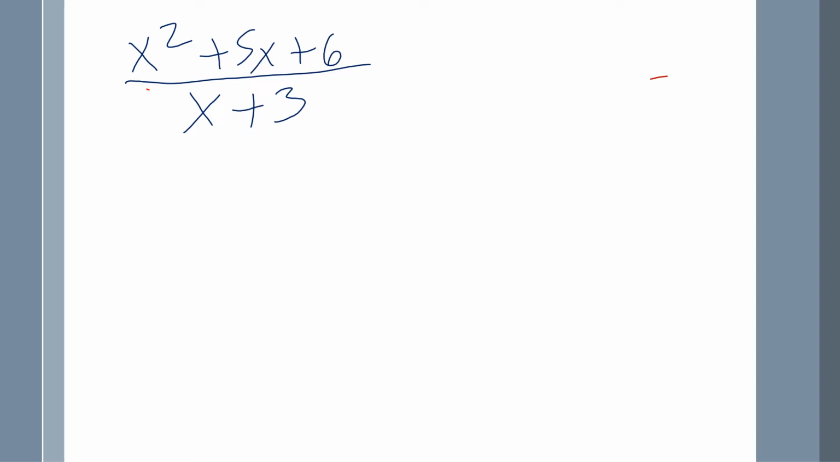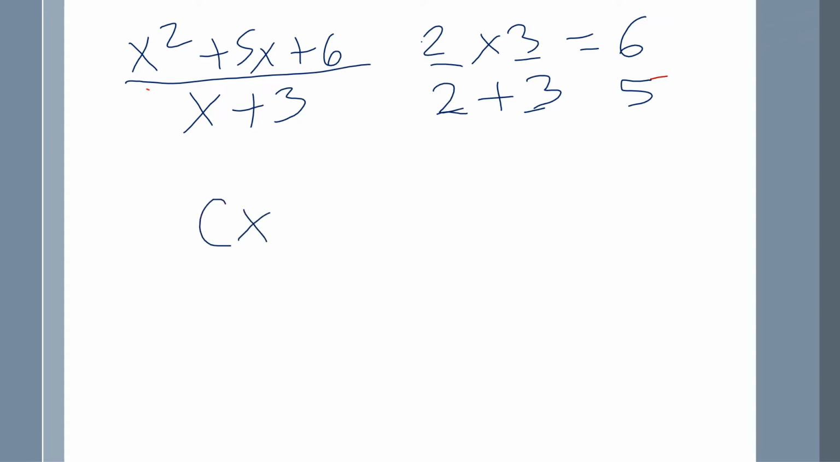Well, let's focus on the numerator. We could factor this. So what two numbers will you multiply together gives you 6? But those same two numbers, add them together, gotta give you 5. Excellent. 2 times 3 is 6. 2 plus 3 equals 5. So again, I'm working on the numerator. You take those two factors that we worked out, and guess what? X plus 2 times x plus 3